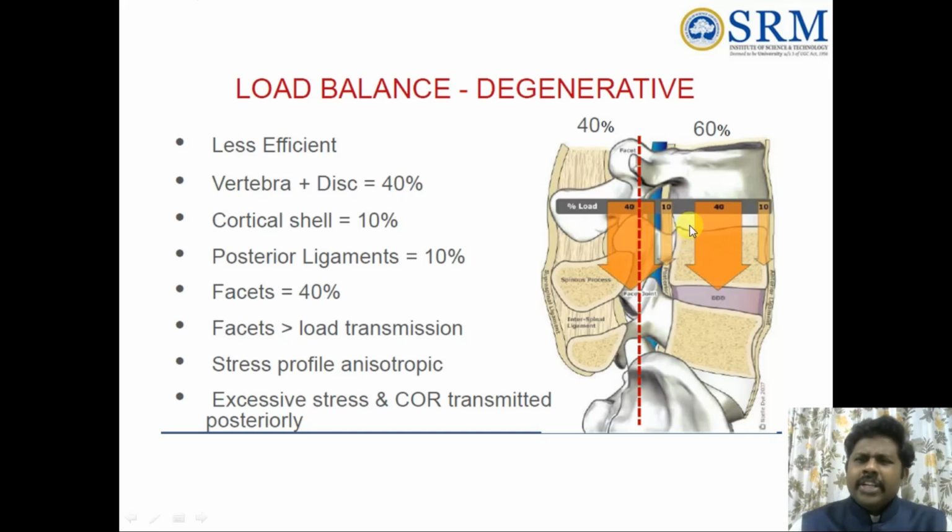So what we need to understand here is that if one disc is going for a failure, it will affect the remaining vertebrae of the body. Suppose L1 and L2 have a problem, then the remaining L3, L4 and L5 will also get a problem. We need to see that very clearly. So the degenerated disc will become less efficient. Vertebra plus disc will take a 40% load, cortical